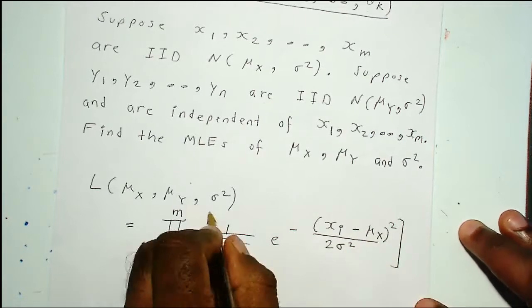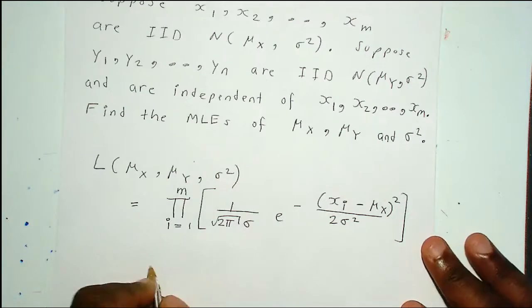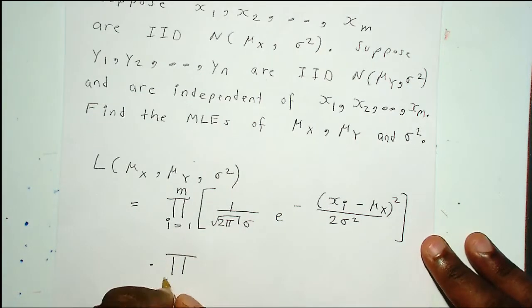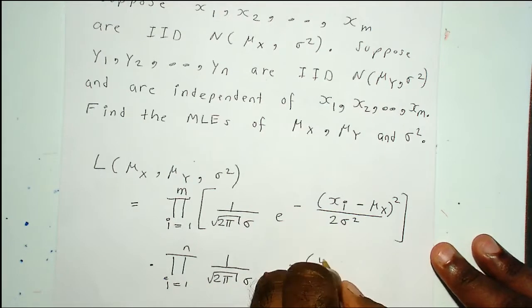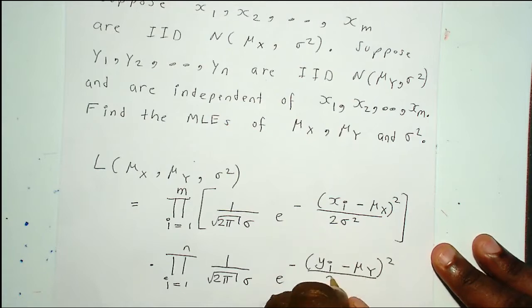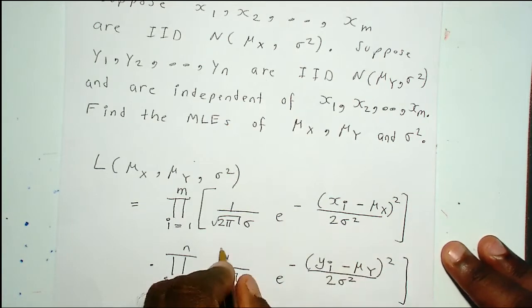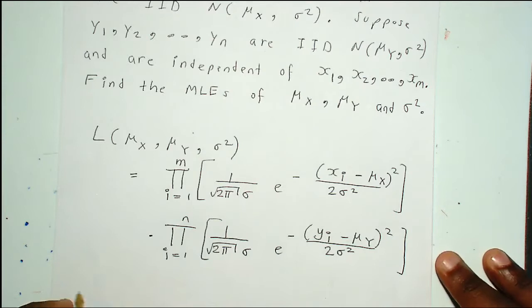So this is the contribution from the first sample, and the contribution from the second sample. And this is the contribution from the second sample. All right? So the likelihood is the product of the contribution from the first sample with the contribution from the second sample. All right, guys? And if you simplify this, this will become,